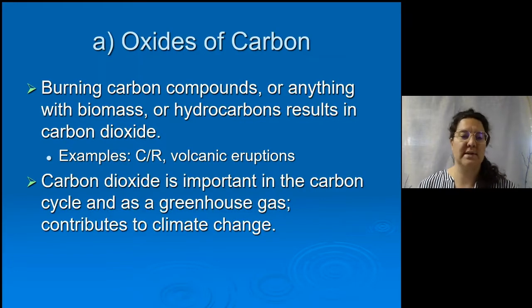So, different oxides of carbon occur when we burn carbon compounds. So this could be anything with biomass or hydrocarbons. And so we produce carbon dioxide, through cellular respiration as well as volcanic eruptions. Now, carbon dioxide is important in the carbon cycle for the production of glucose in photosynthesis, and it also, as a greenhouse gas, is necessary to keep the earth warm enough for life to survive, but it also contributes to